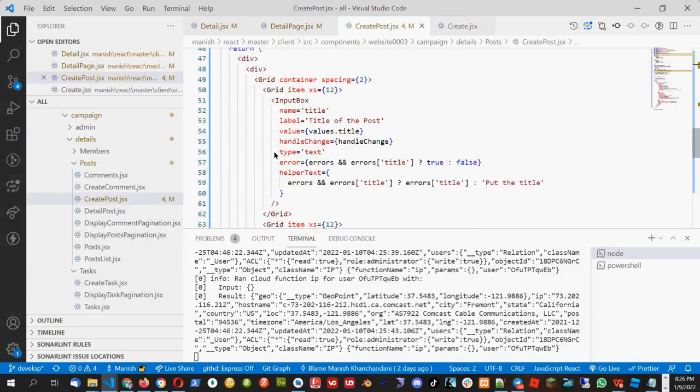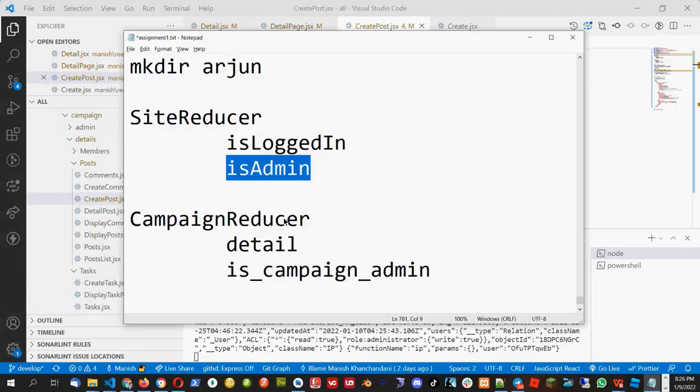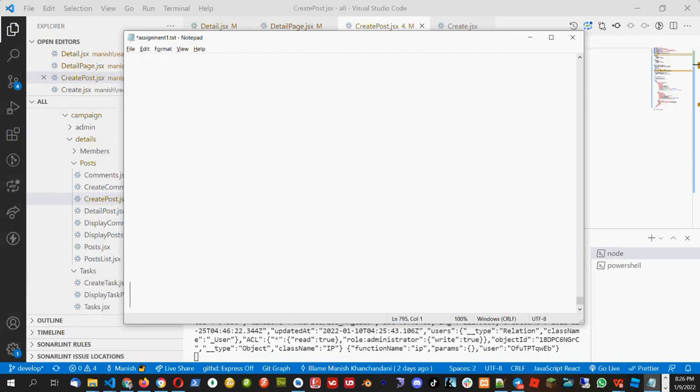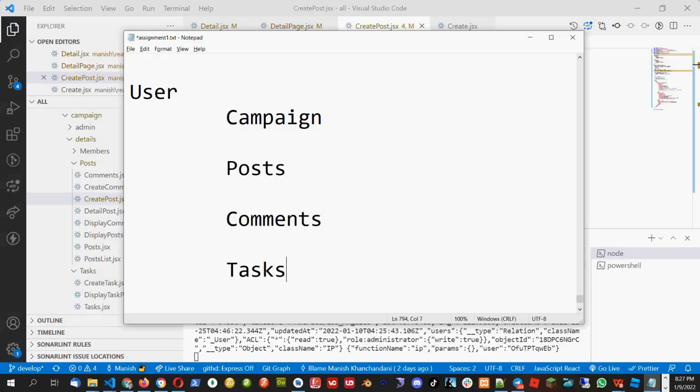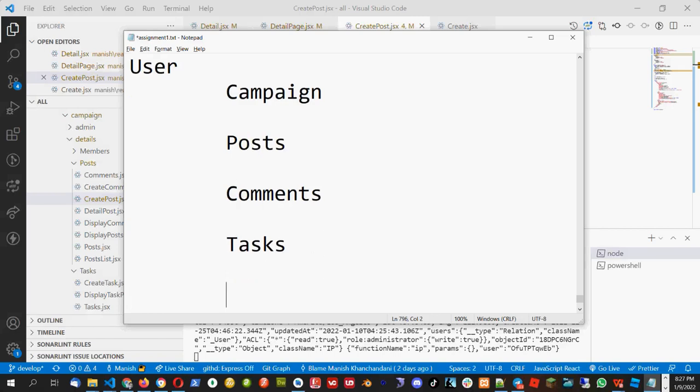Okay, so now we have to think a little bit regarding this post. Let's have some brainstorming on the post. I have a user, he creates the campaign. So in the campaign, I make that user name the user who is creating it. Then that user or any other user creates the post. He may add comments. He may create tasks. So he can do multiple things. What things can he do? He can do campaign, post, comment, task. He can